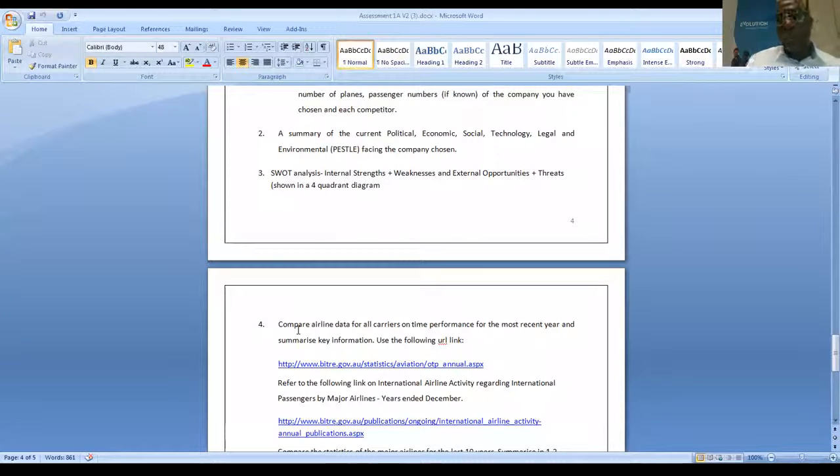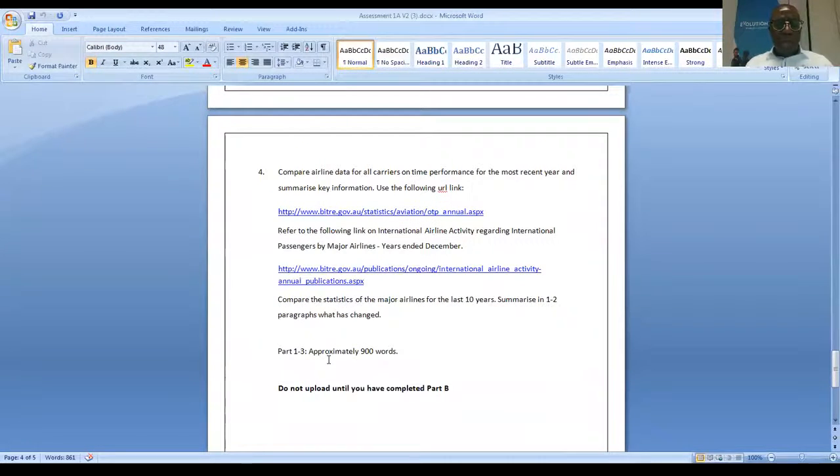Departure time competitiveness, arrival time. Some airlines will compete on that. You say, well, if we say we leave at 12, we definitely leave at 12. And maybe they might say only by 2% we miss that. So there is that aspect of travel, of competitiveness, and all the data for airlines is in those websites that are given there. And so let's